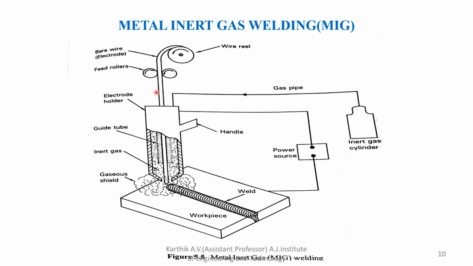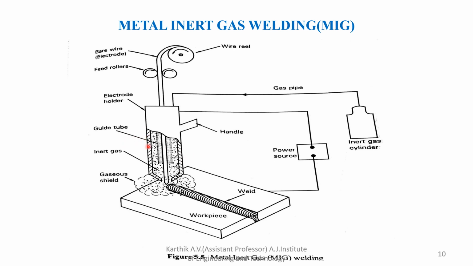Along with that we supply gases, which act as a shielding agent in metal inert gas welding and also act as a flux. Usually argon gas is used for this purpose. The main difference here is that a consumable electrode is used and current is directly supplied to the electrode gun. The remaining procedure is similar to tungsten inert gas welding. Inert gas comes in and protects the welding part.